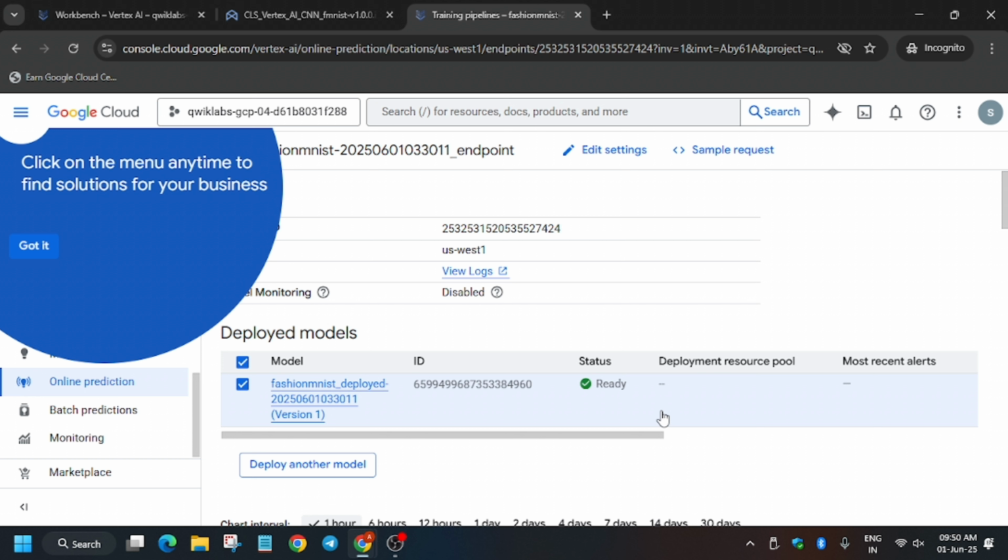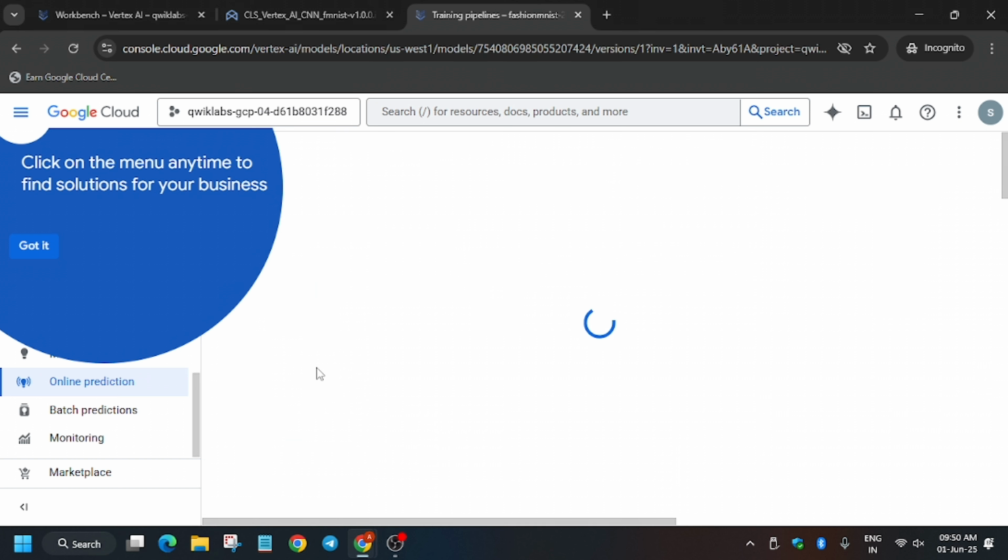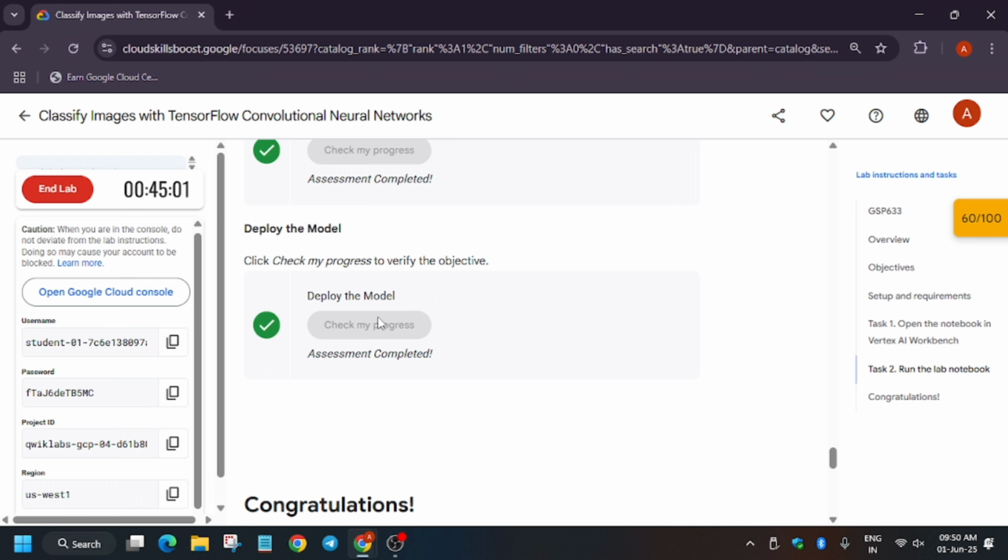So now let's move to our task. We have deployed this endpoint and the model also. Now if you want to view it, you can view it here and just hit check my progress. You will get the score without any issue, and that's the way we have